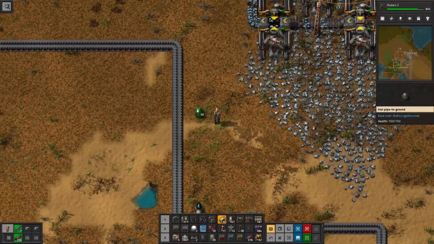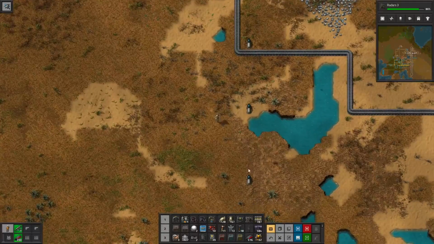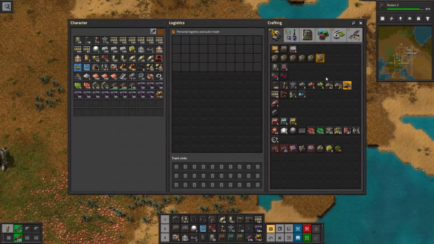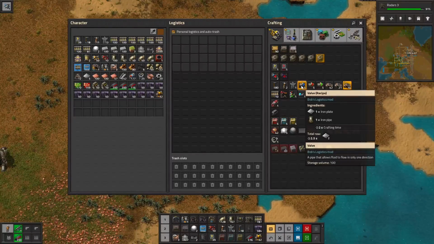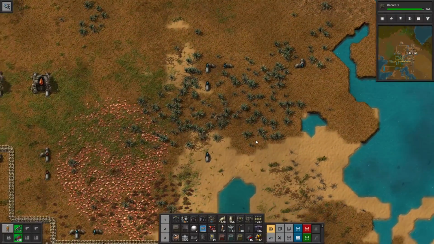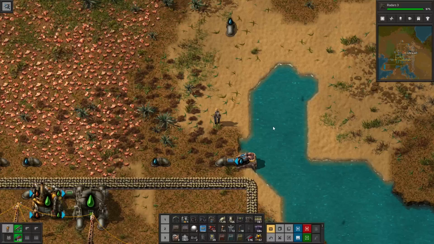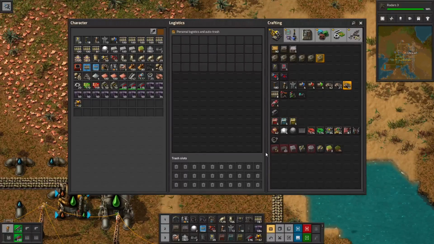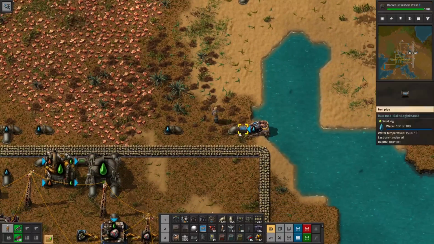Actually, how about this? We have ways of doing this, right? Can't we do like a valve? Water can flow in only one direction. So I think what I want to do here, the output is less than 20% full. So I think what I want to do here